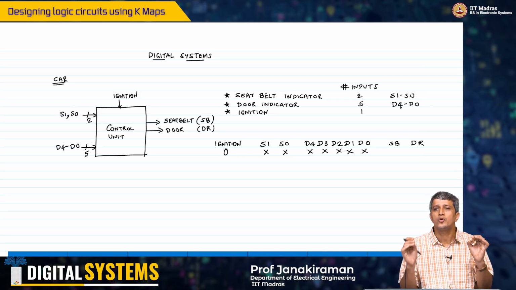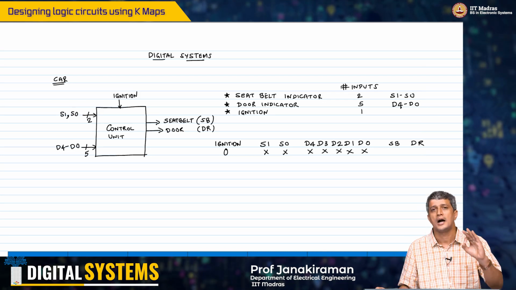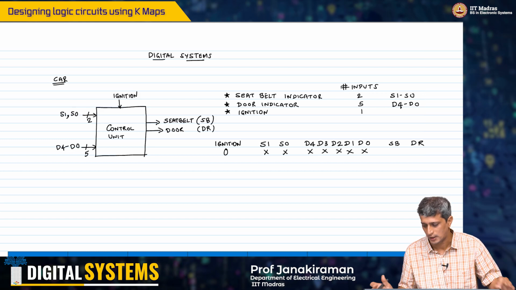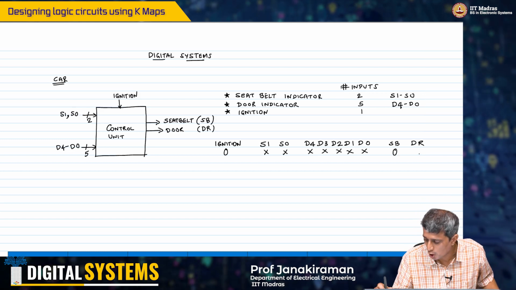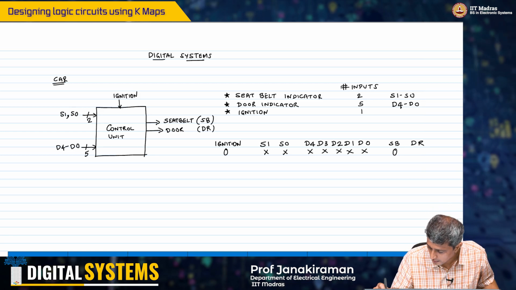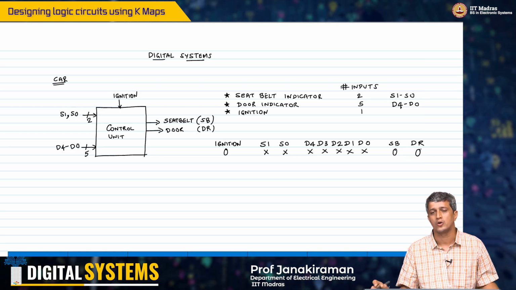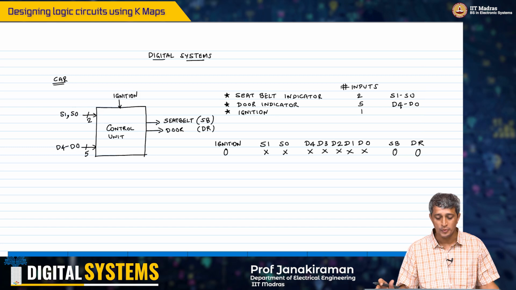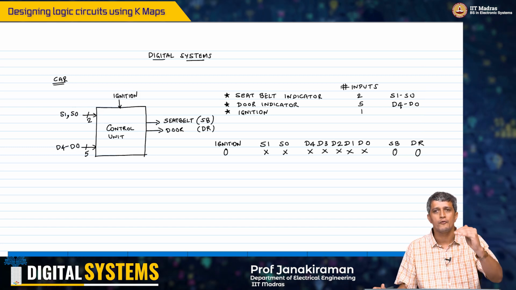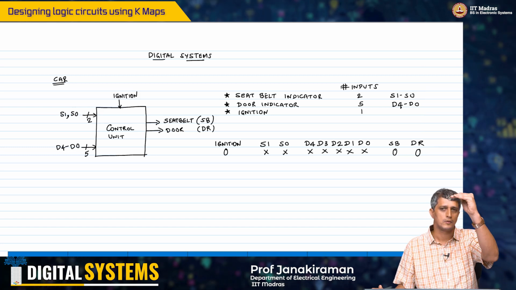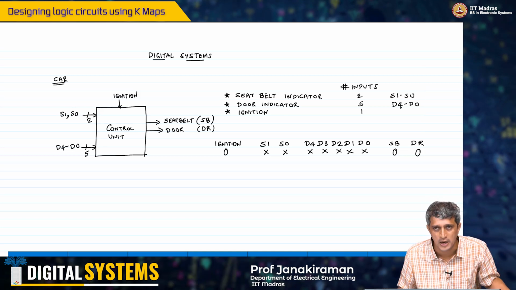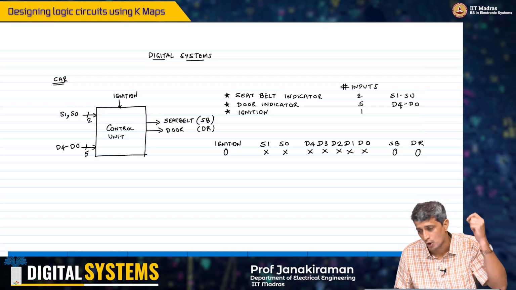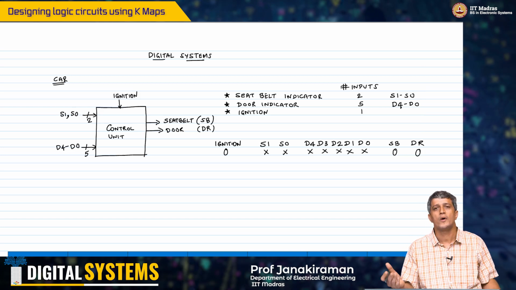There is nothing to indicate here because the car is not on, right? And therefore you simply need to say the seat belt indicator need not go on and door indicator need not go on, okay. So we are assuming that the seat belt indicator will go high if one of these people has not fastened the seat belt when the car has been turned on, when the ignition is on. Likewise for the door,